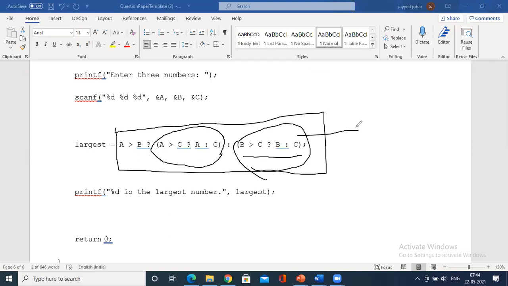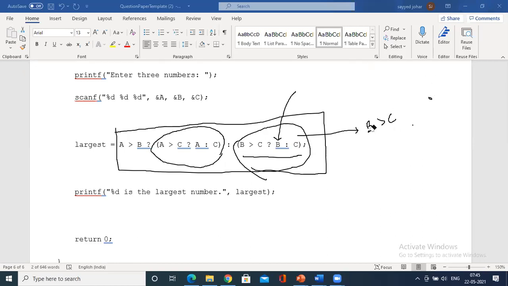Let us focus on this oval. How does this ternary operator work? First condition, whether b is greater than c. If b is greater than c, simply you return a value, which value? B is returned. Else you will return c value. How does it work? First the question mark; if the condition passes, then this, followed by the colon; if it fails, then what comes after the colon.